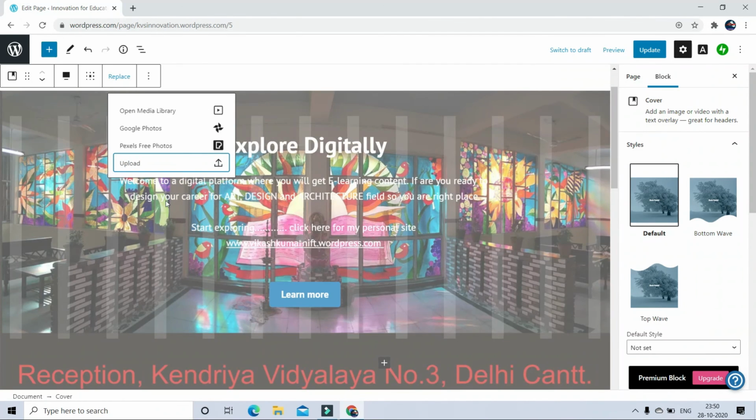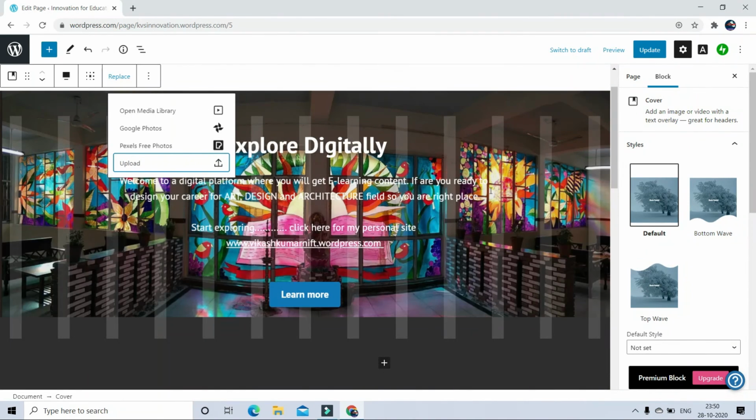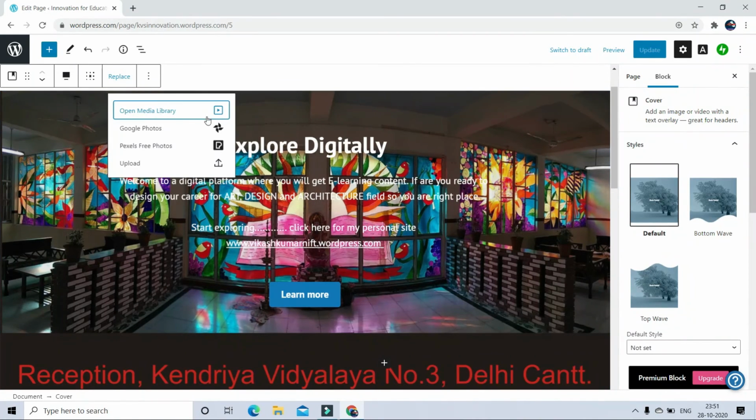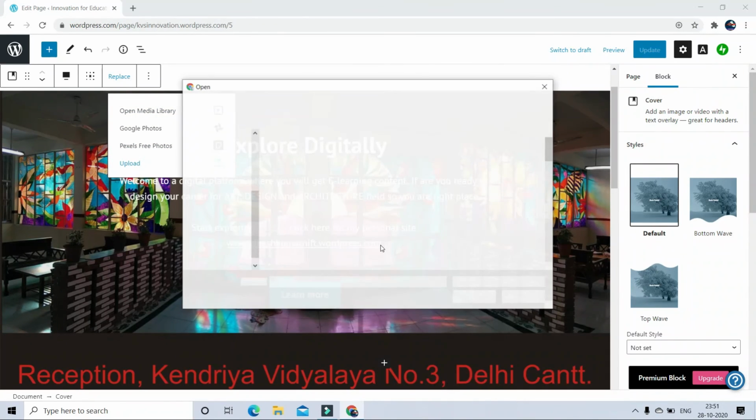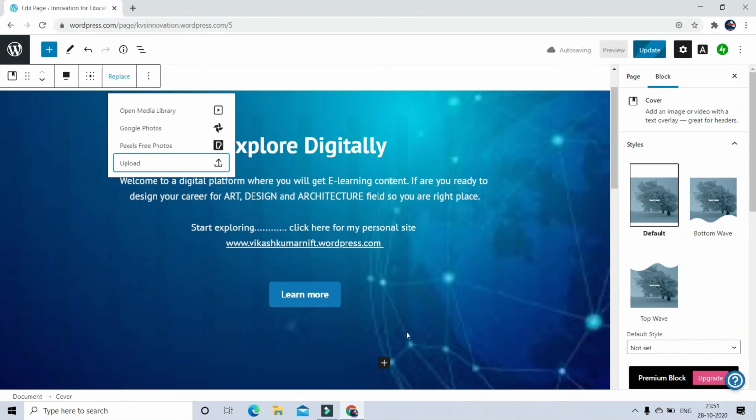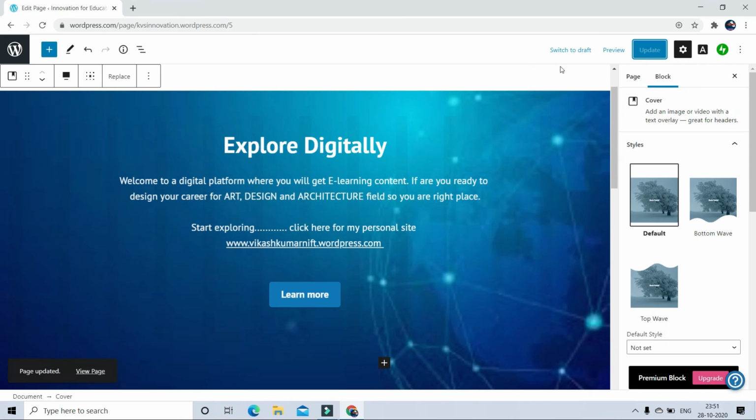Select and open. So this image will be uploaded like this, but this is not a good screen because we cannot read the text clearly. So you can again change the background with replace options. After replacing, click on the update button.